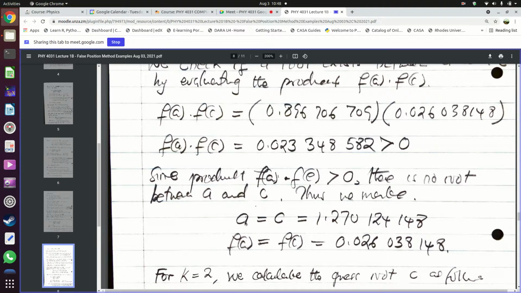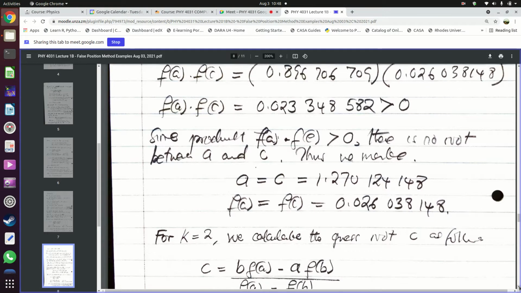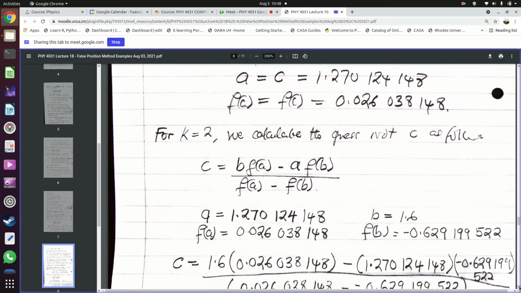So your c becomes a, which becomes 1.270124148. And f of c becomes the f of a, which becomes 0.026038146. Then you move on. For k equals 2, you work out a new c. So with your new a and f of a, your c is going to be equal to